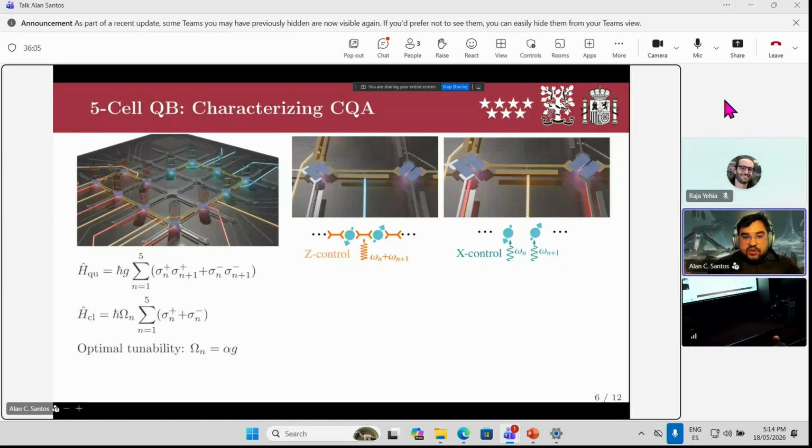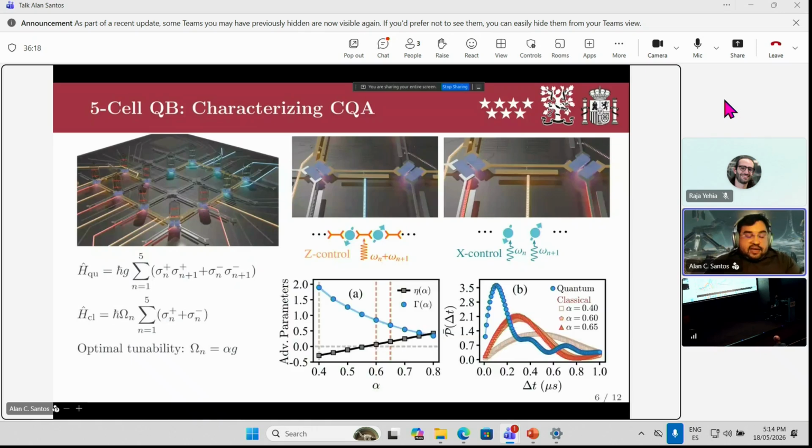Okay, so using these two kinds of control, we can compare what happens if you charge the system collectively or if you charge the system just as a classical device, as a classical battery without entanglement. So in this first experiment, what we did is a check of this energy cost charging, okay? So as I said, the eta parameter is related to the energy cost.